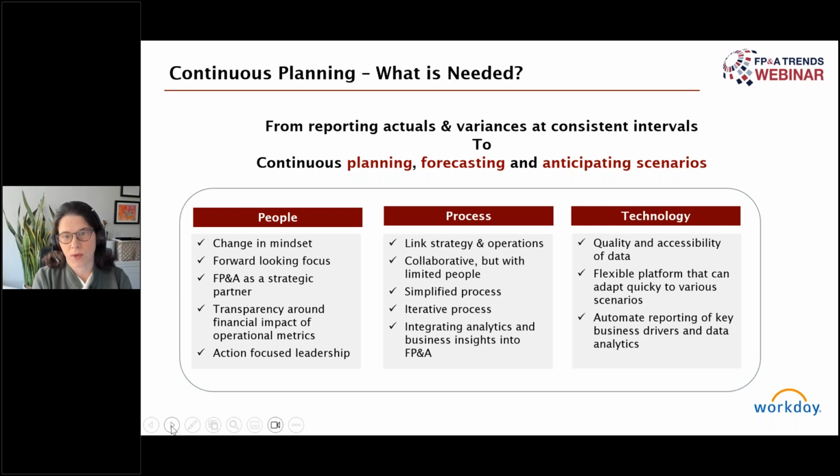That approach is what we're talking about, continuous planning. There's a need to have items revolving around people, process, and technology to achieve continuous planning. I would say that on the people side, it's really a change in mindset about what the role of FP&A is or can be within an organization. I often say that actuals are not actionable, and in fact, they are quite obsolete by the time they are reported. So to add more value as an FP&A team, we need to shift our mindset to be forward-looking